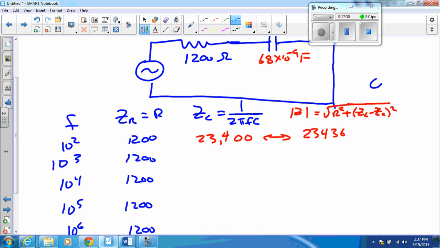But let's do one more thing. Let's calculate the phase angle, which is the inverse tangent of ZL minus ZC over R, or ZR. I'm running out of room. I know, me too. And when I plug that in for this guy right here,